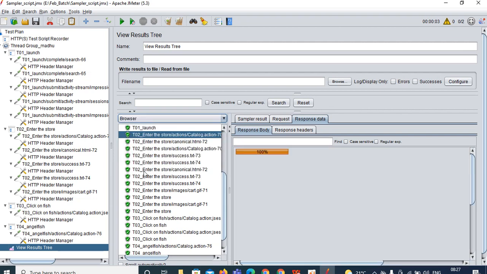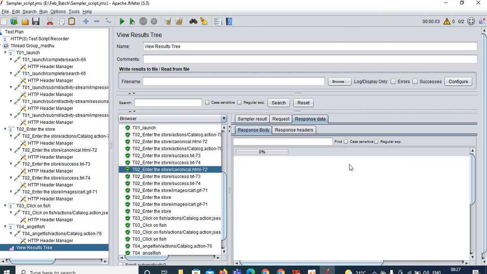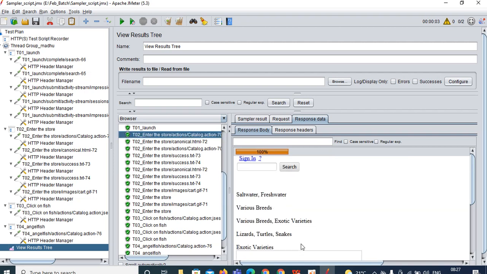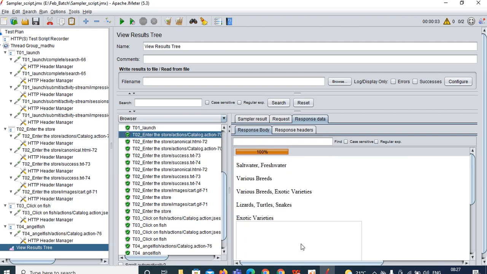Whenever you click on the browser, you can see the response as you get it in the browser, the same thing you can see over here: salt water, fresh water, various breeds. This is how you can verify what request you are sending to the server and what response you are getting from the server.